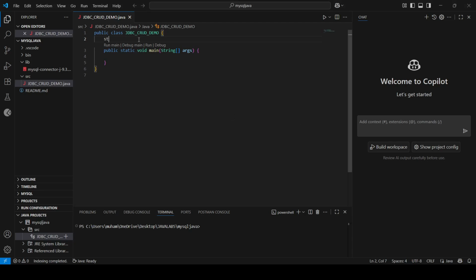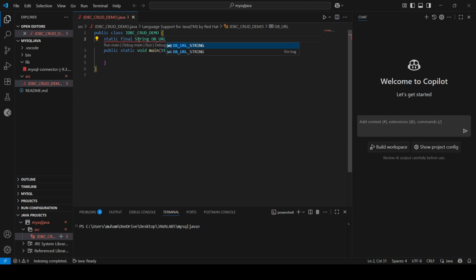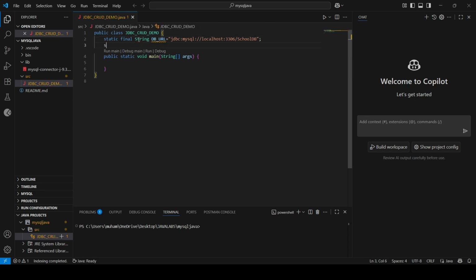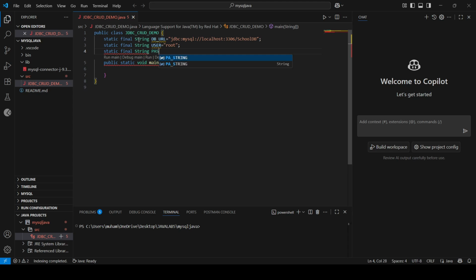In this section, we are defining three constants required to connect to our database. First, we have the database URL, which specifies that we are connecting to a MySQL server running locally on port 3306, and the database name is SchoolDB. Next, we define the username, which is set to root. Finally, we provide the password that allows authentication for this user. Together, these values form the connection details that will be used later to establish a link between our Java application